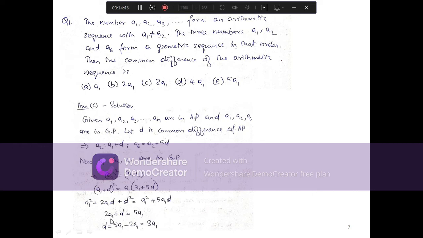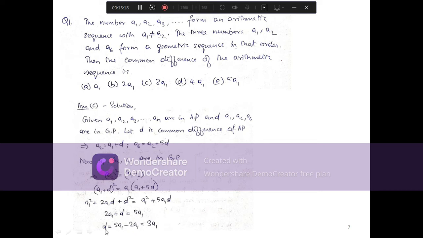So this is again equal to, you have two terms, A1 squared and A1 squared, they get cancelled, and finally you have 2A1 into D. So again you can take D as a common term. First A1 squared and A1 squared get cancelled. You can take D outside, D will be the common term here, and D gets cancelled. So you have 2A1, so you can divide both sides by D in that manner. So 2A1 plus D equals 5A1.